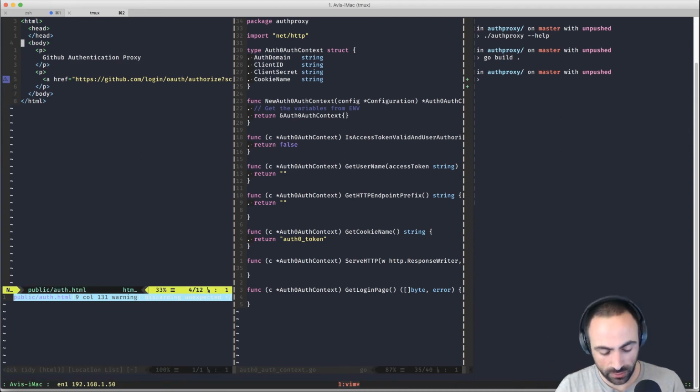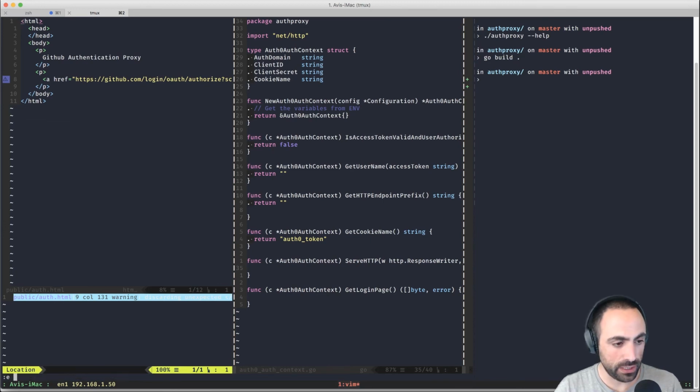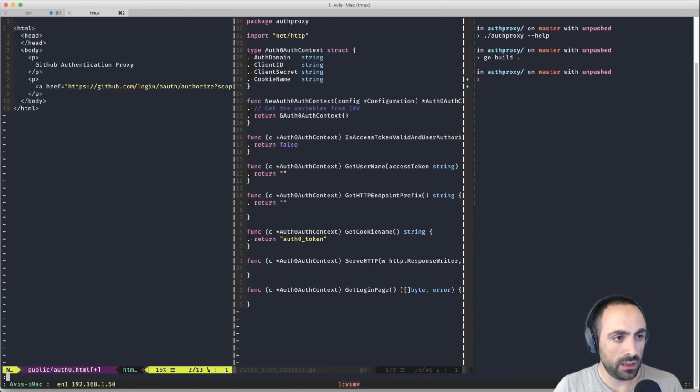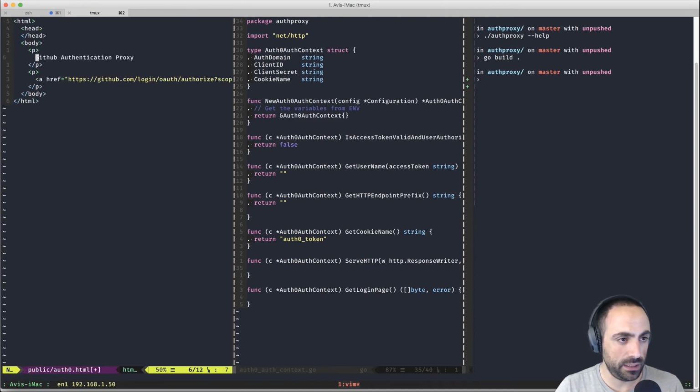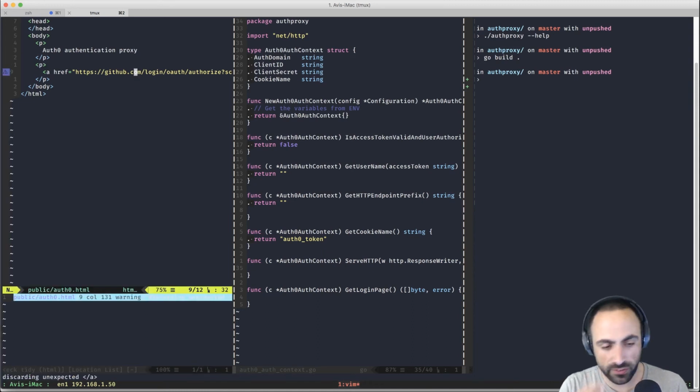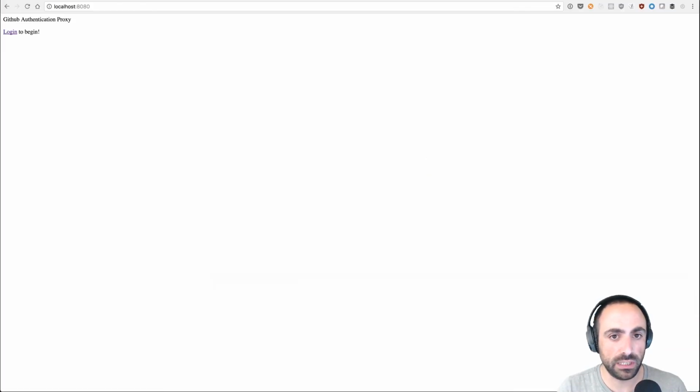So now what I need to do is here I need to create a public and then auth0 login.html, and then this is going to be auth0 authentication proxy. And what this is going to do is redirect me to GitHub, to Auth0.